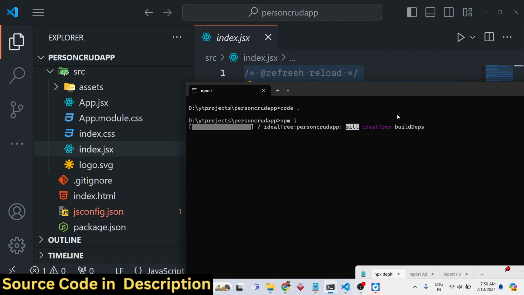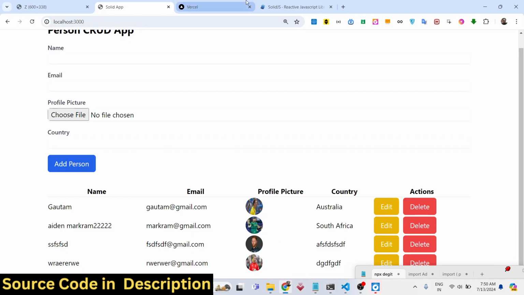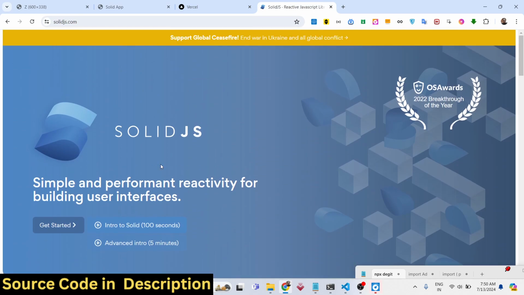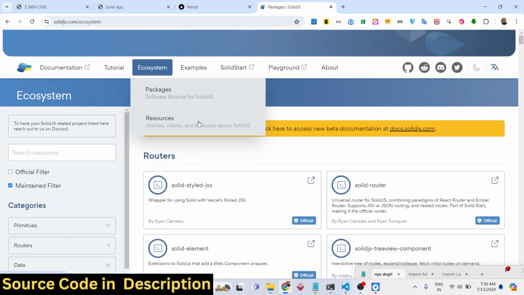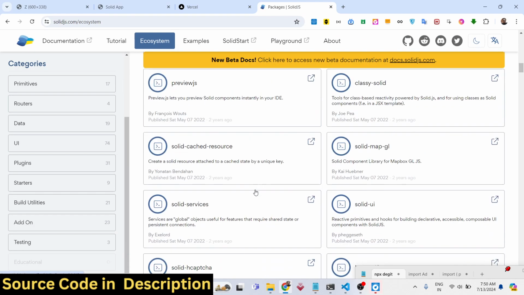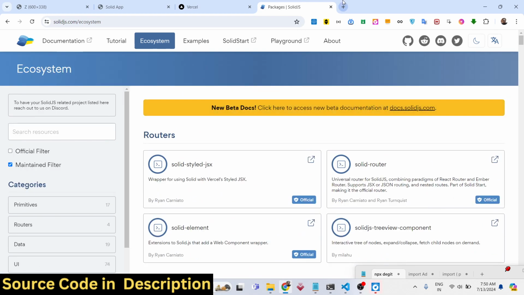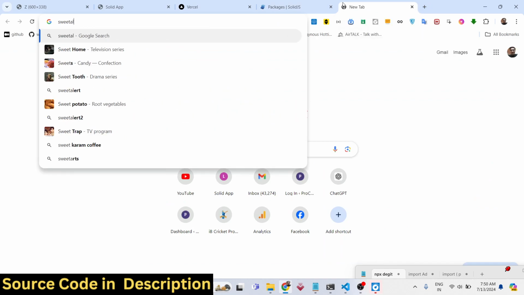It will hardly take 5 to 10 seconds installing this, and if you want to check out the documentation, just search SolidJS, and it has a very rich ecosystem and great documentation as well. You can see that the reference docs are very good, and we will also be using SweetAlert2, which is a